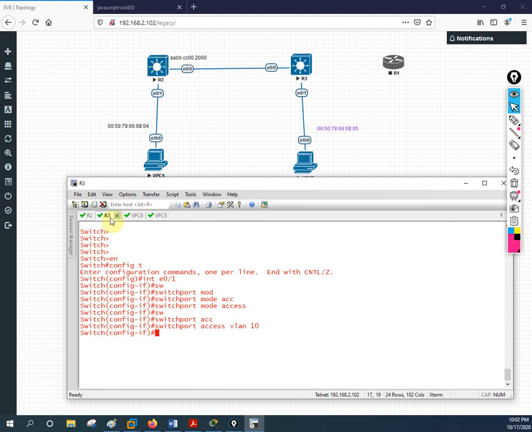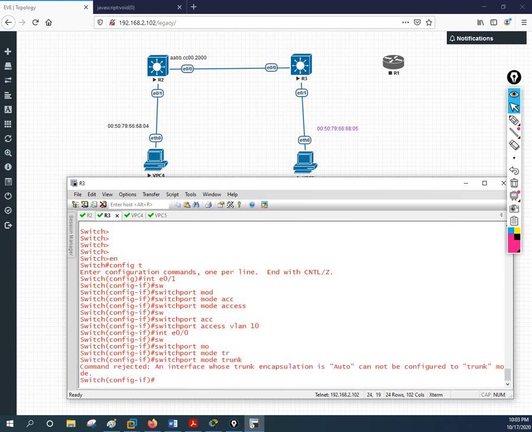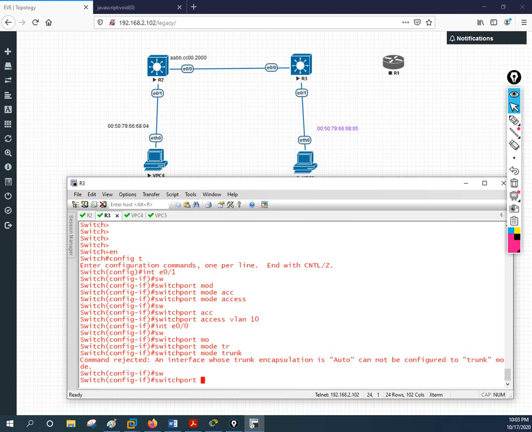So I will go into the interface E0/0 and write switchport mode trunk. We need to write one more command.